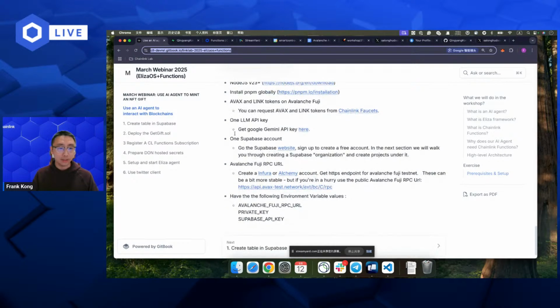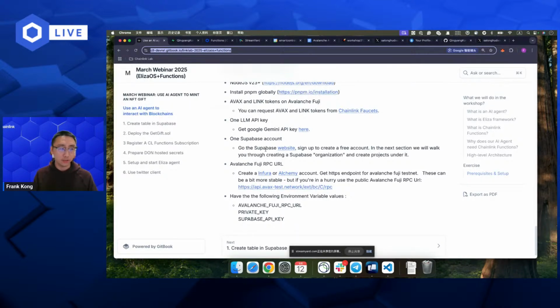You also need an LLM API key that can be provided by any AI you like. For example, Google Gemini is free. You can get a Google Gemini API key here for free. You can also use an API key from OpenAI. And because we need to save some data in a database, you need to have a Supabase account.